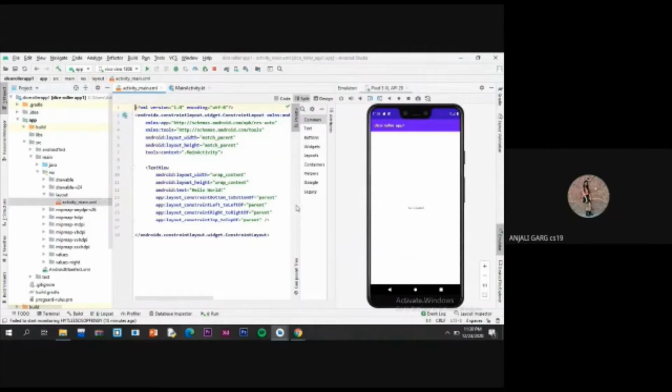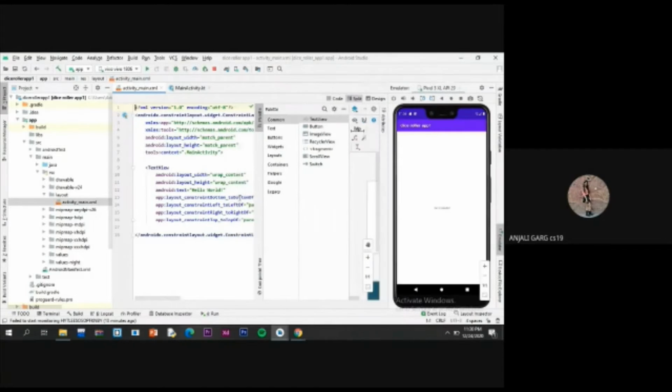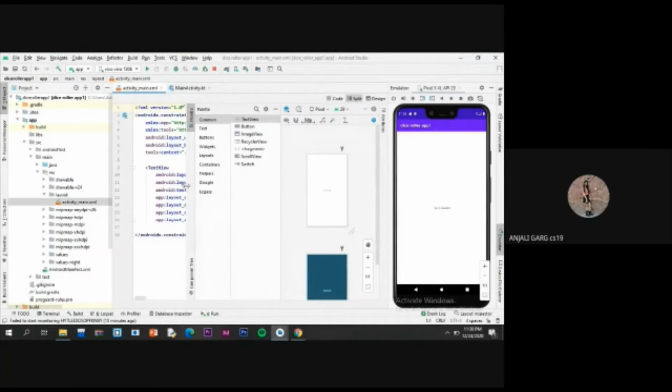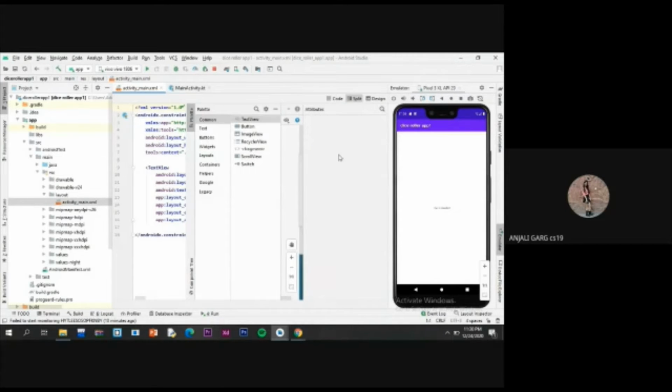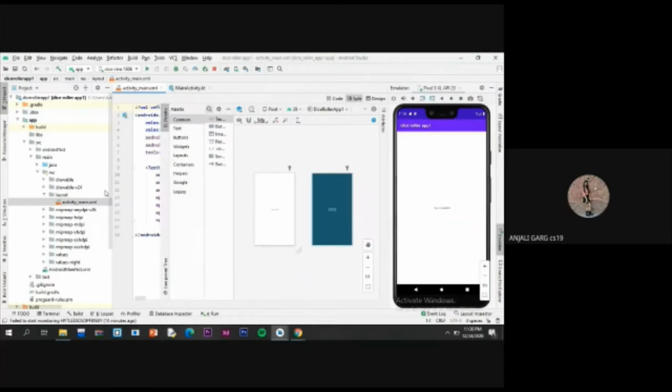So this is what appears. This is our layout editor. This is the view window, and these are the attributes. So till now we don't need one. So let's close this. Now our first task is to add a button to our app.